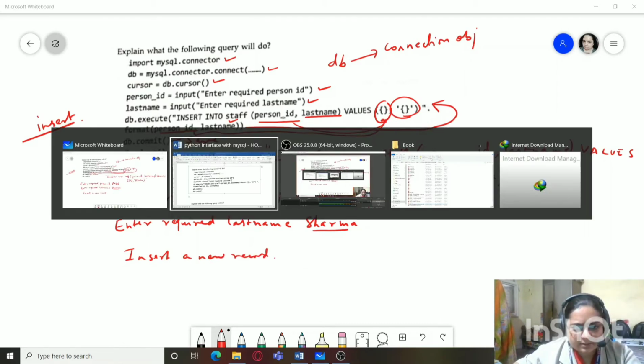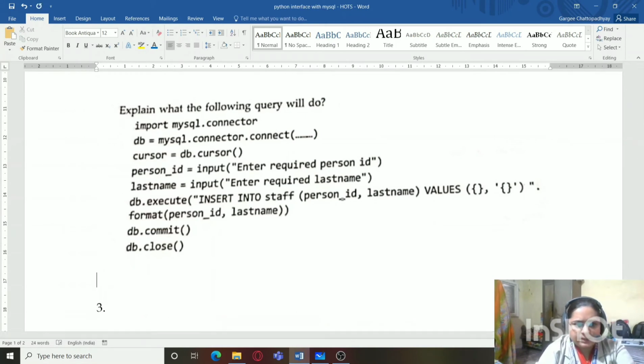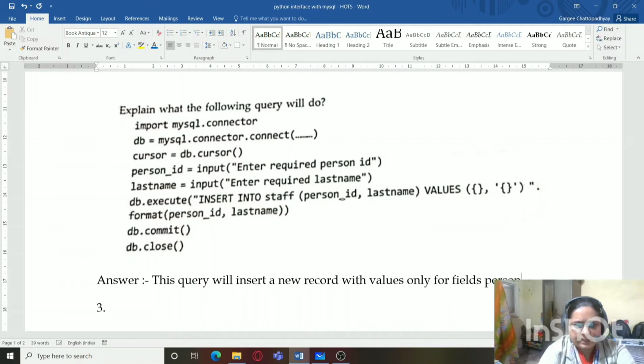So I'm going to type it in detail. So the answer will be: this code, this query will insert a new record with values only for fields person ID and last name, where these two values are asked from user.